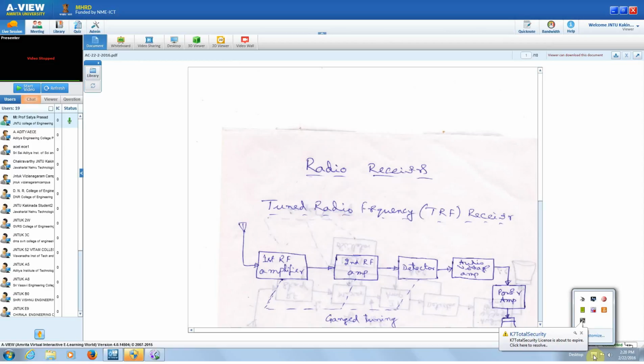If you know the disadvantages of the other receiver, we will know what the advantages of the super heterodyne receiver should be. So a typical block diagram of the tuned radio frequency receiver will have a number of